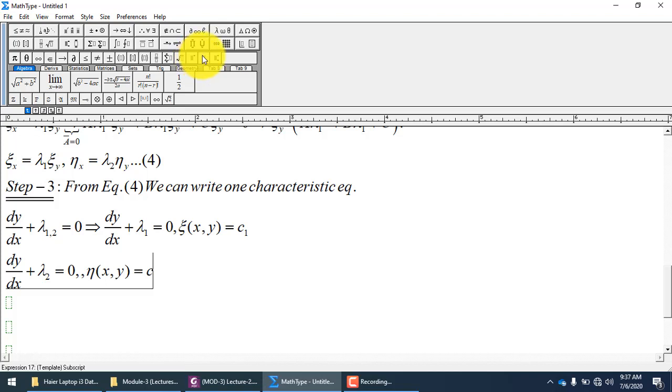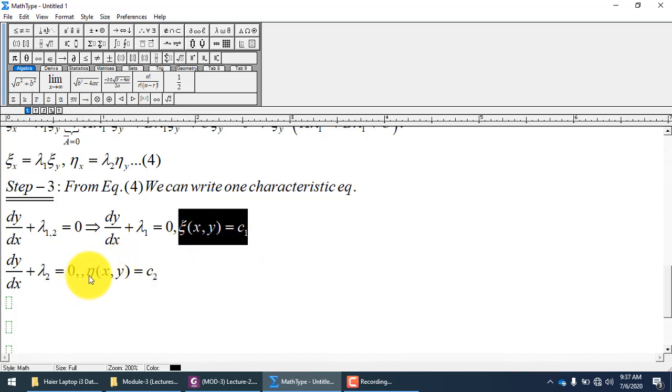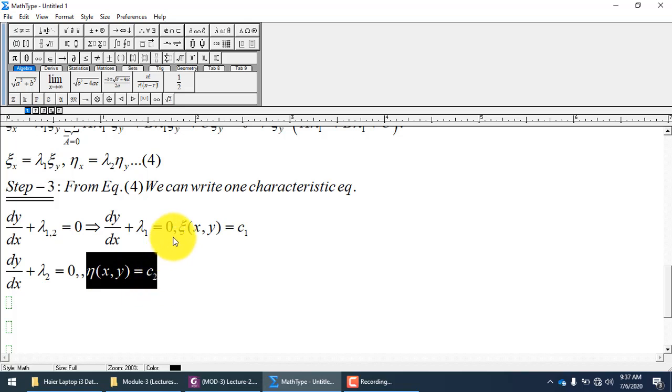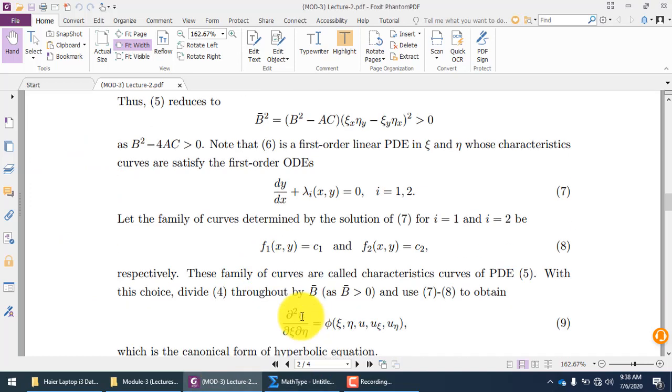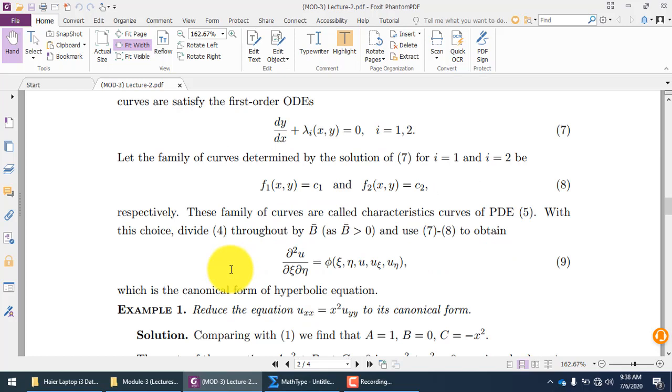You remember that we named that procedure characteristic curves, and these curves were the integral curves as well when we used method 1 and method 2. The constants will be on the right hand side and the variables on the left hand side. So these are the characteristic curves, and these are actually our required transformations, given in the following form. This family of curves is called the characteristic curves for the partial differential equation. You remember this knowledge has been discussed previously as well.